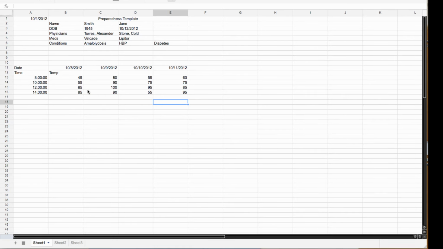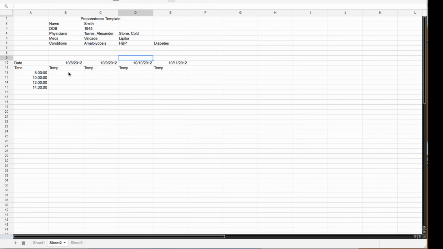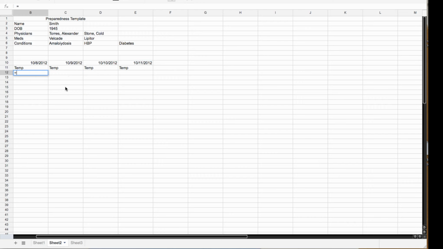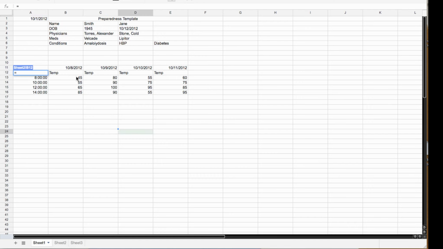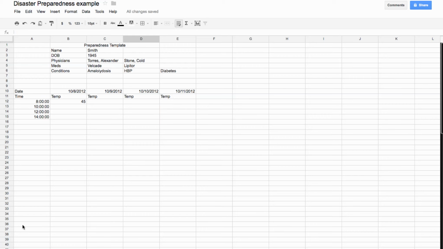Their temperature on all 4 of those days, and we would like to see how they play out in a chart. Let's say that sheet 2 is good for the 8th of October. I'm going to go equals